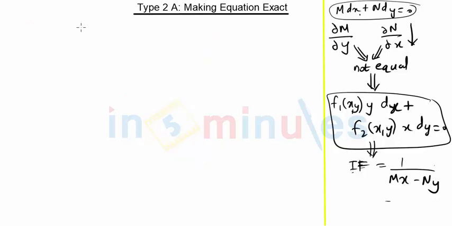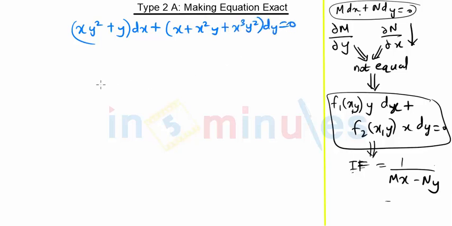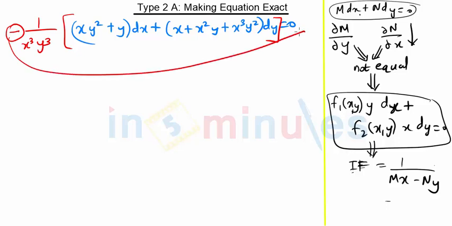So the given equation is (xy square plus y) dx plus (x square y plus x cube y square) dy equal to 0. To make this equation exact, we will multiply it by the integrating factor, and our integrating factor is minus x cube y cube. So this minus sign can be taken to the right hand side, so it will become plus, and it is multiplied by 0, so we can neglect this minus sign. So if I multiply this x cube y cube with each term inside the bracket,